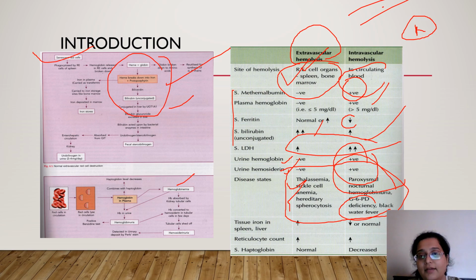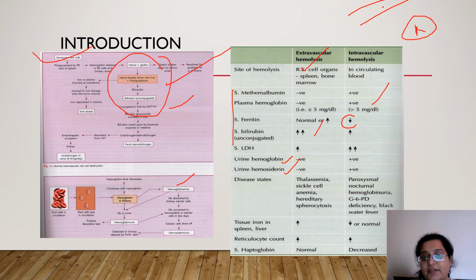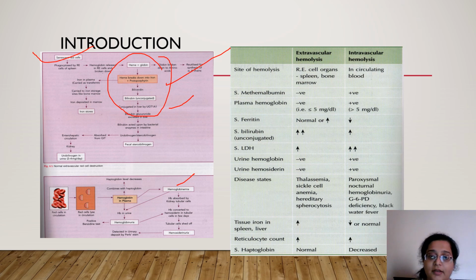So why this differentiation is needed? So that clinically you have an idea what you are dealing with. Alright, so that is why this differentiation between intravascular and extravascular hemolysis is there. Of course, tissue iron is more in extravascular because everything is getting stored in the reticuloendothelial system. Reticulocyte is increased in both. And of course, haptoglobin is decreased, as I told you why it is decreased in